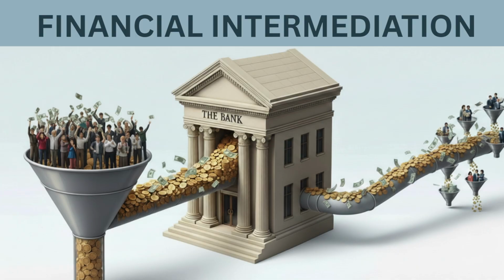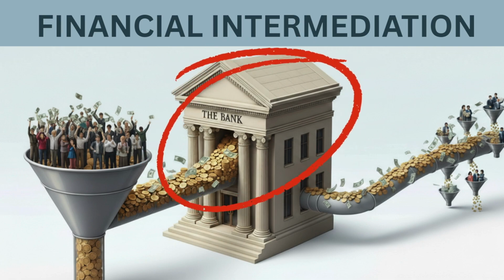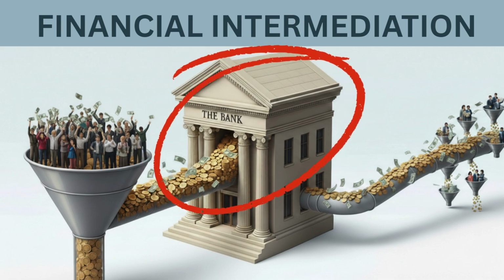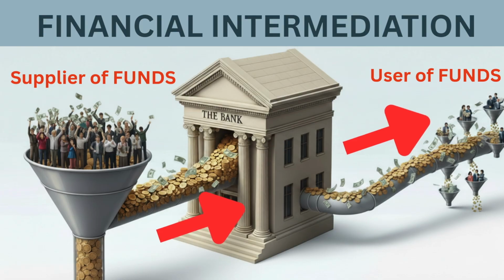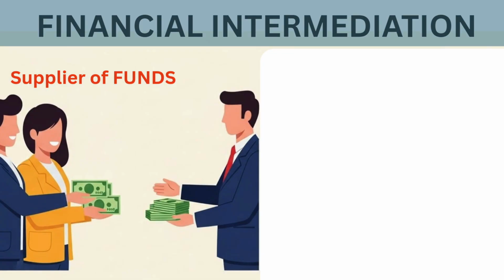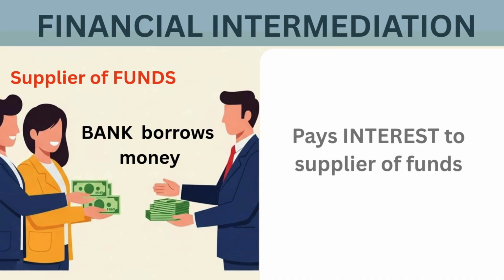Financial intermediation. Conceptually, the financial intermediary is the middleman that aggregates all the suppliers of funds, pools money together, and provides these funds to the users of funds. For simplicity, let's consider only a bank. The bank provides a service to the supplier of funds, borrowing money, which is a bank liability, from a huge pool of savers, providing them with an interest rate so that they would rather hand their money over to the bank and earn something rather than holding on to their money but earning nothing.